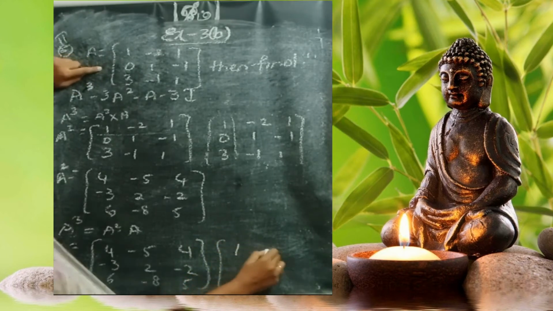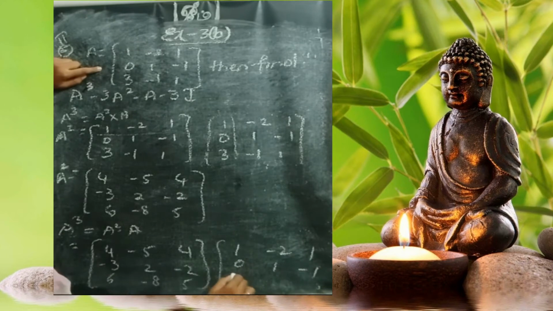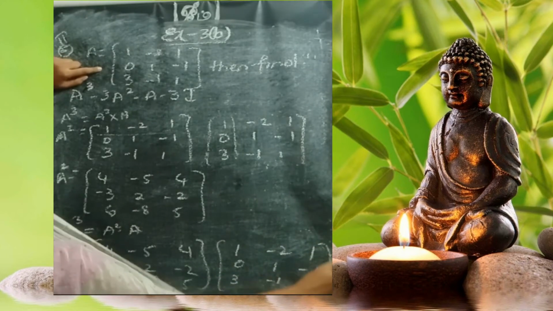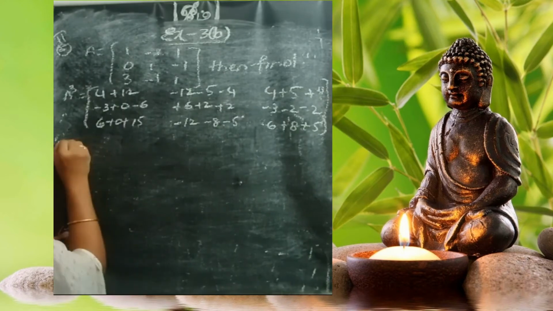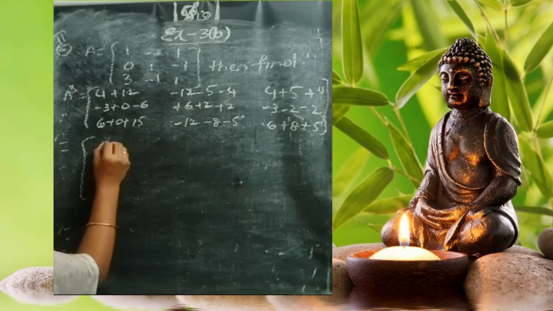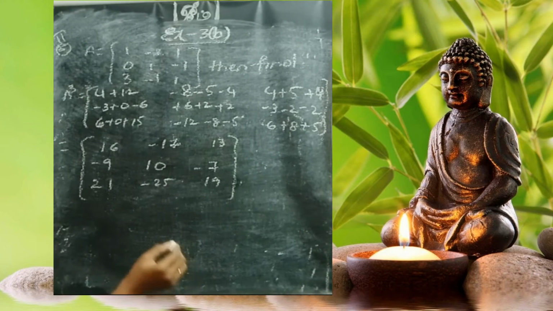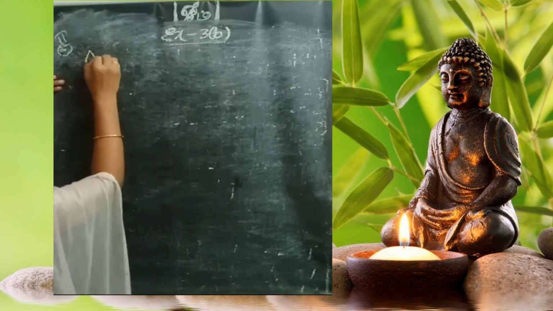Again multiply with 1 1 minus 2 1, 0 1 minus 1, 3 minus 1 1. Okay, now we have to solve. 16 is the value of A cube. Next,